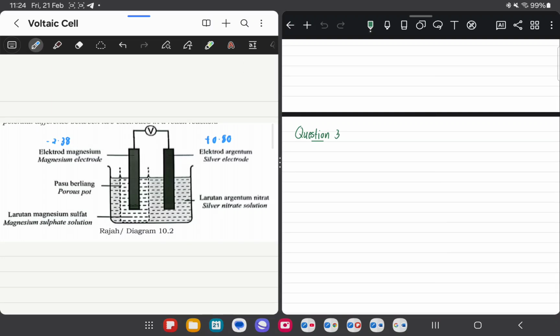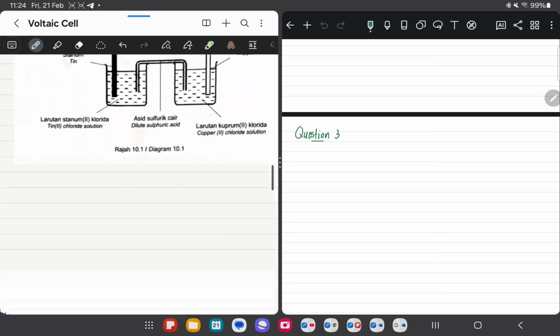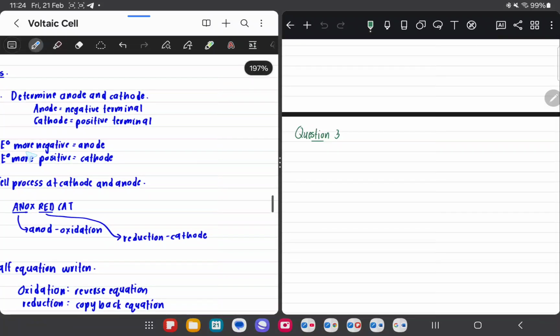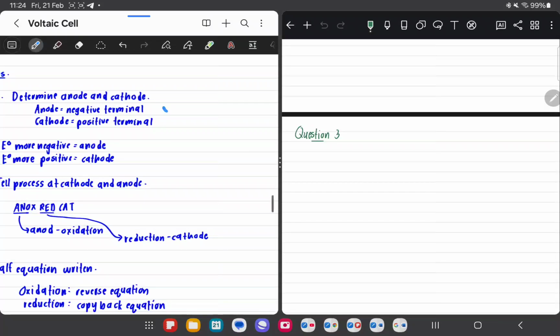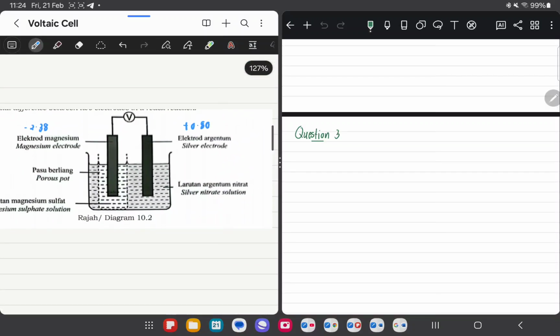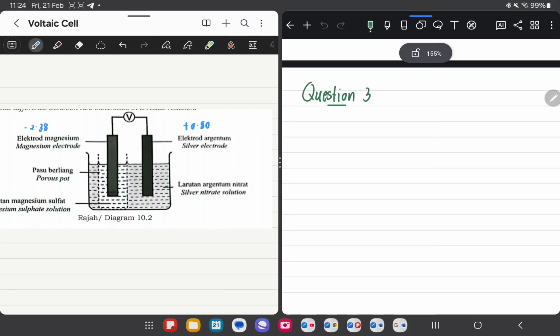Now, for the magnesium electrode and the silver electrode, I already determined the values, right? So my first step is to determine anode and cathode. How to determine? E naught more negative is anode, E naught value more positive is cathode. I already settled this one. Come, I show you. Which one is more negative between these two? Negative 2.32 is more negative, right? So you should say,